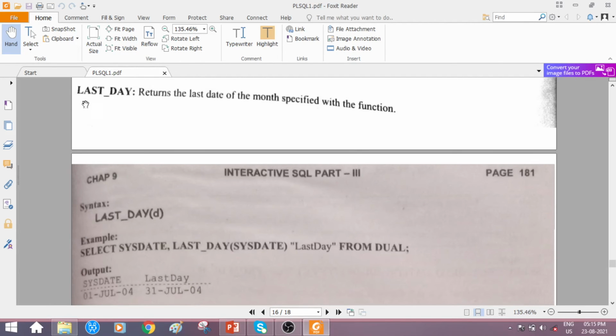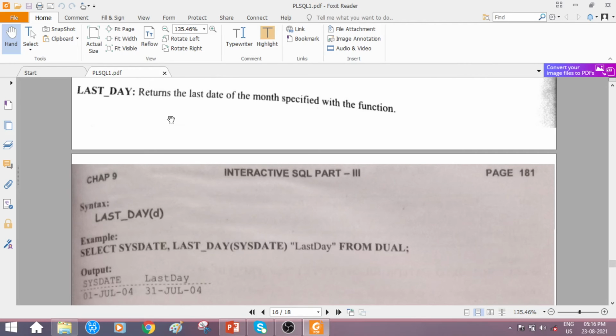Next date function is LAST_DAY. It returns the last date of the month specified with the function. Whatever date you have given, of course it will have day, month, year information, so it returns the last date of that month.